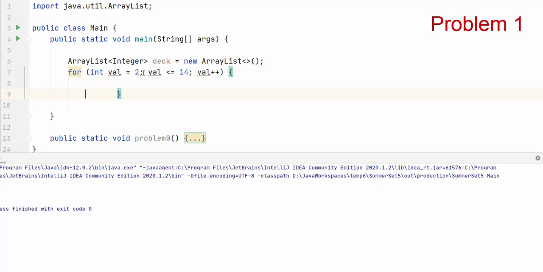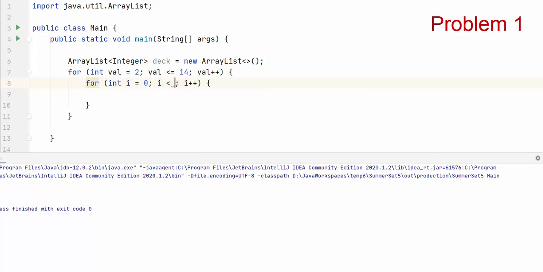I would say it like this. So I'm going to loop 4 times, and then I'd say deck.addVal, like that. And that would work. If you wanted to reverse the order of these, you could also reverse the order. The way that it is right now,